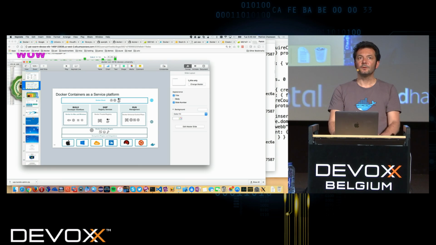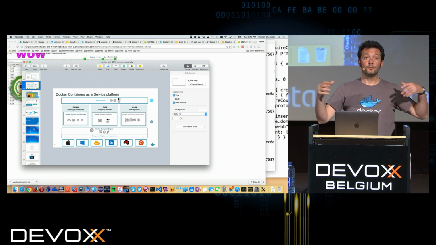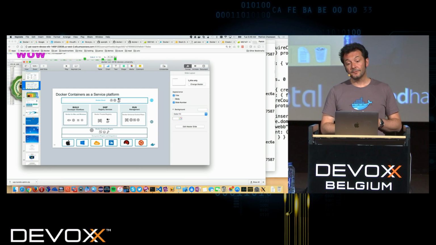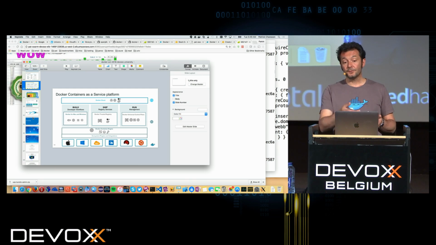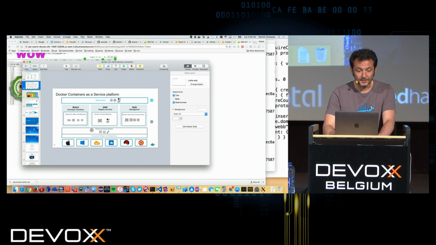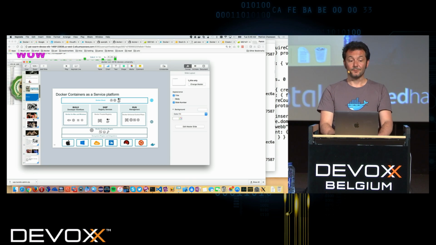I'm also going to tell you a little bit about all the plumbing components that Docker open sourced recently, and I'm going to tell you about SwarmKit, which is the kit, the component that was developed and open sourced last month in order to develop Docker for Azure and Docker for Amazon. So let's take a 30-minute break now.